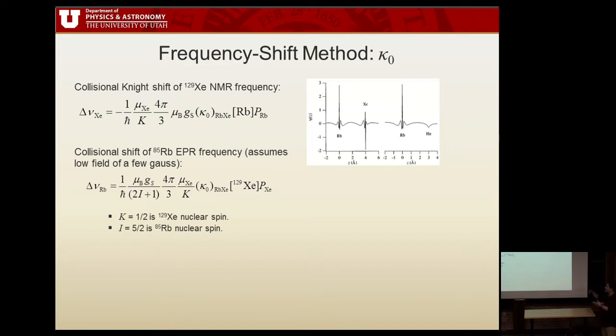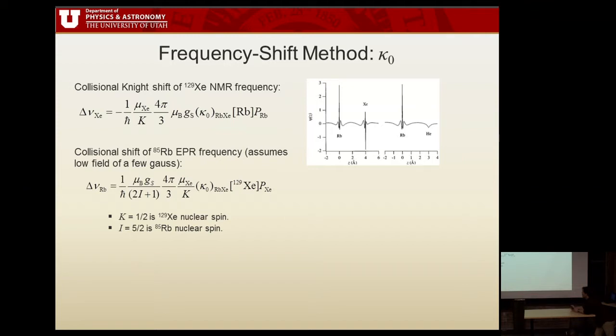Basically, it depends on competitions between pumping rates and relaxation rates. So this is what NMR people may recognize as a frequency shift, okay? And where's the moment and where's the field? Well, here's the moment. This is a shift of the xenon NMR frequency. So you're a xenon atom, and you're amidst all these polarized rubidium atoms, and they're shifting your Larmor frequency because they're adding field. And so here's the moment, the xenon moment, and then there's some constants, and this is the